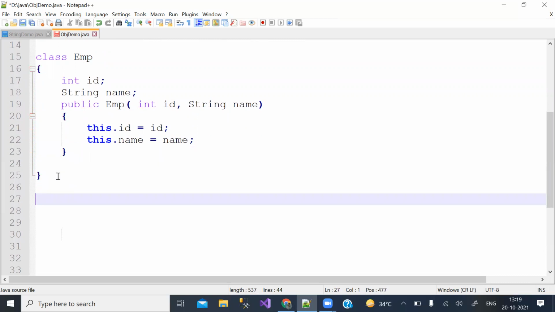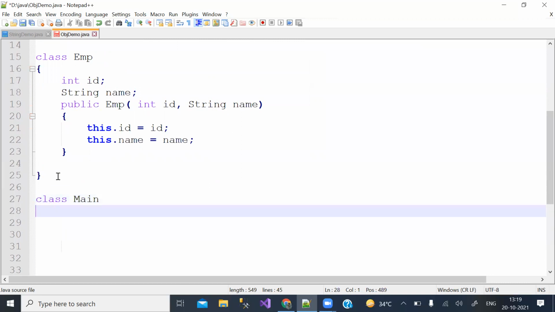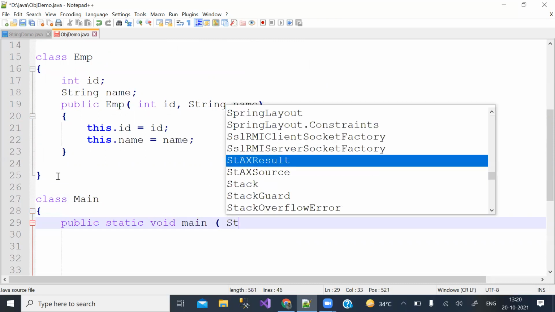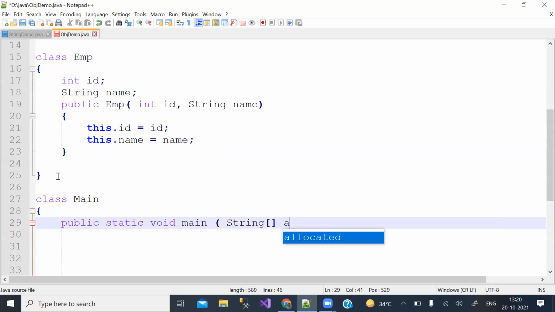Now, we have one more class, say main class. It has main method with string arguments.